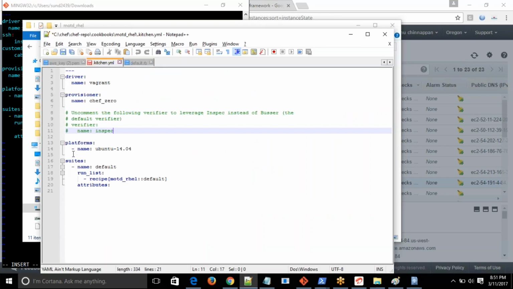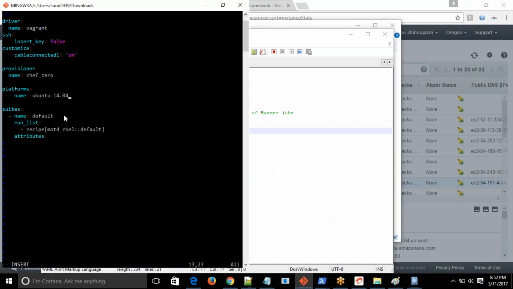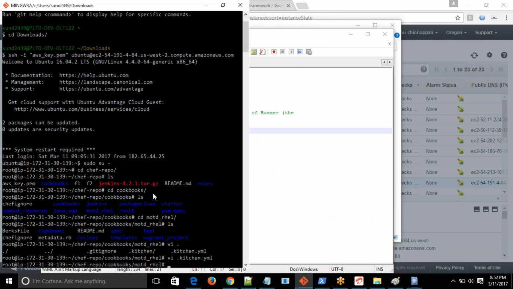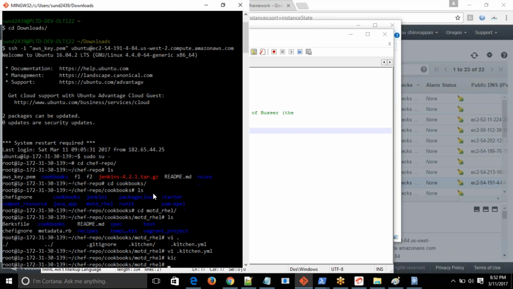So 14.04, okay, yes, I have it in a good way. So maybe what I will do now is try to use kitchen. You can ask me how to install these two tools. The answer for that is